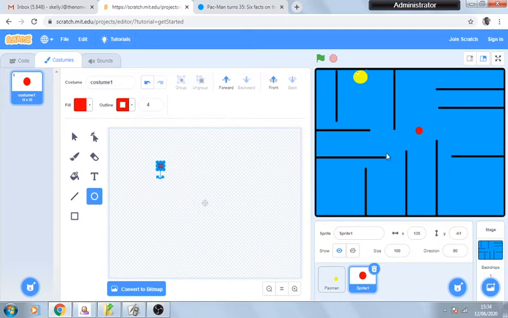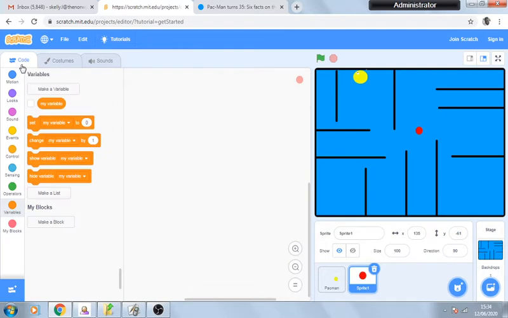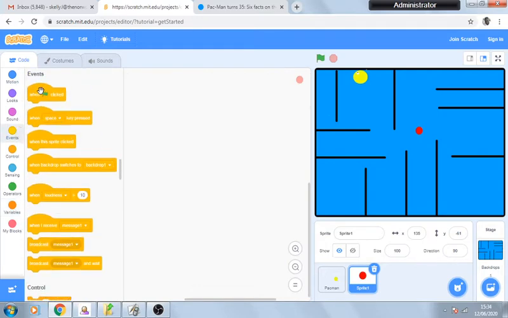So once you're happy with your food sprite, you go back to code, and you are going to start with an event, which is of course green flag clicked. Please make sure you are on sprite 1, and now is a good time to change your object. So I'm going to call mine food 1. So when the green flag is clicked,